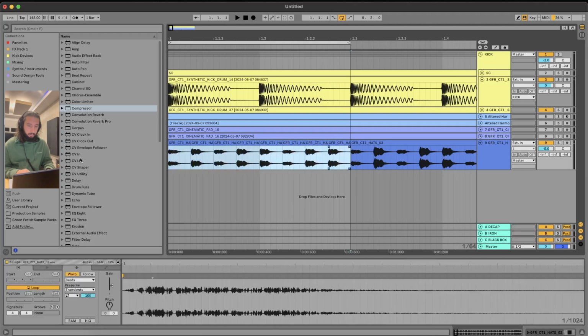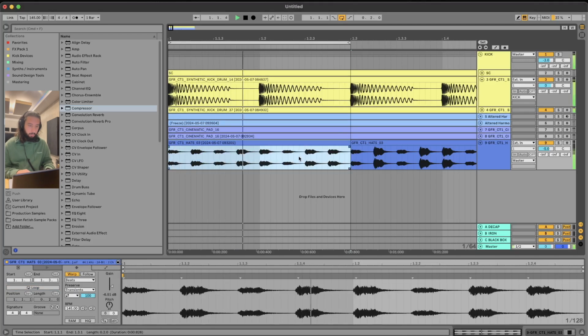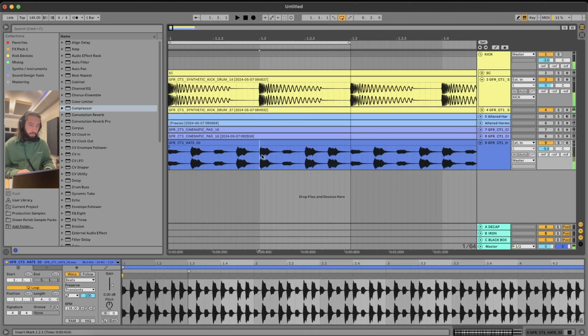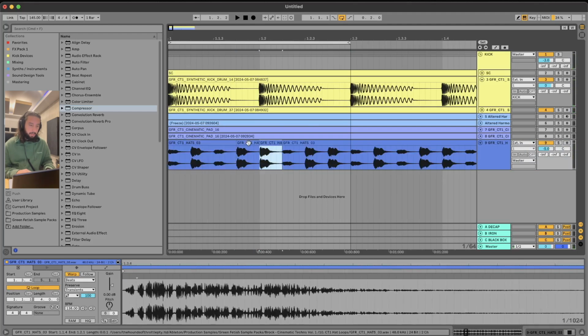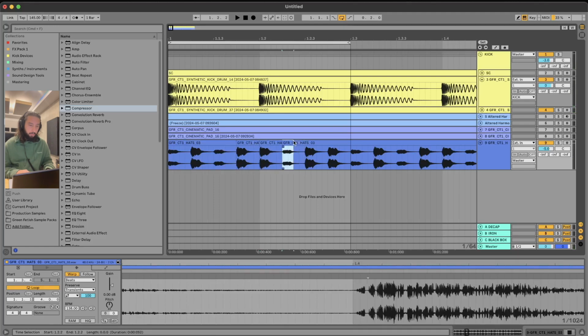You could eliminate the movement, but if I was going to chop the sample up, and let's say it looked a bit different,